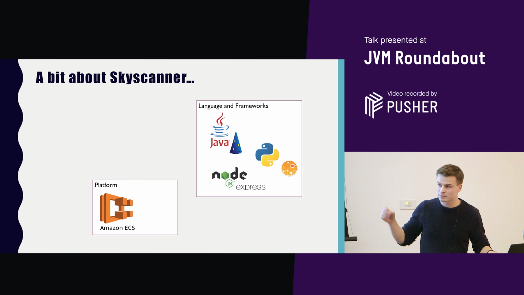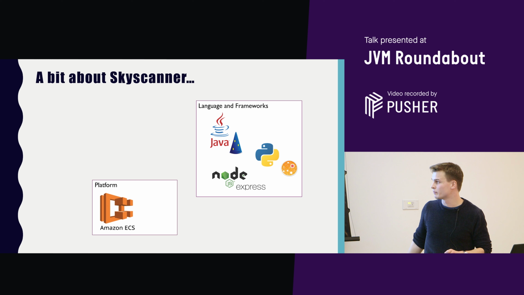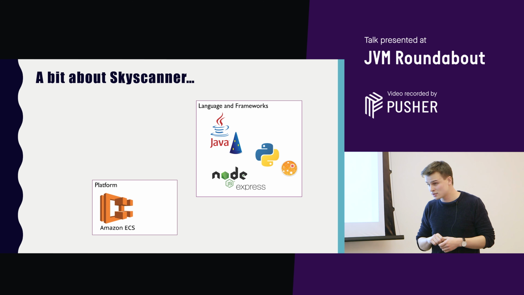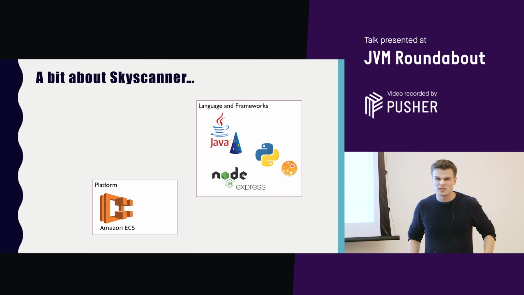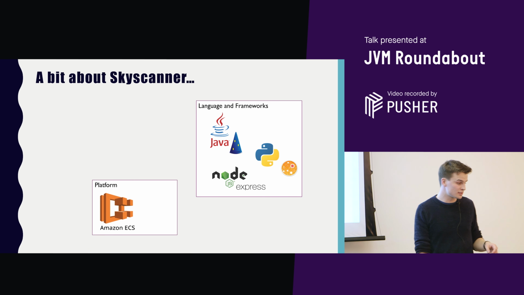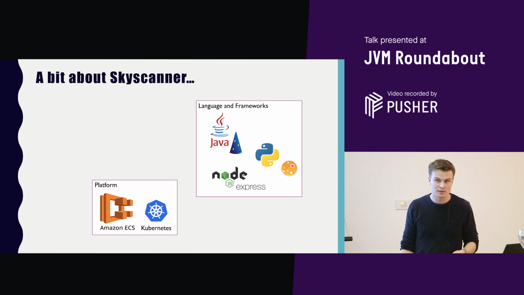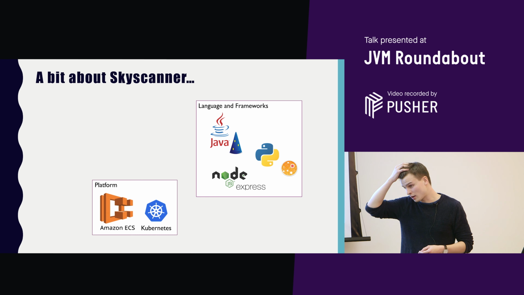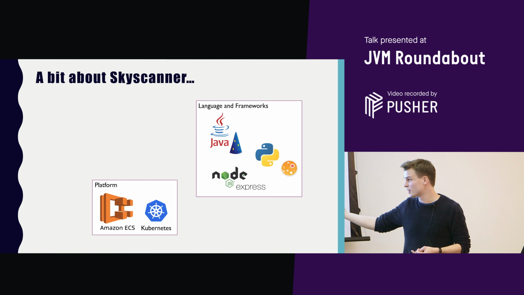In terms of platform, I mentioned before we're on AWS. Traditionally, we've been almost completely on Amazon's ECS service, which is essentially just distributed Docker. It allows you to run Docker across many EC2 hosts, and then more recently we've moved to Kubernetes, not through EKS. We're effectively running our own Kubernetes.